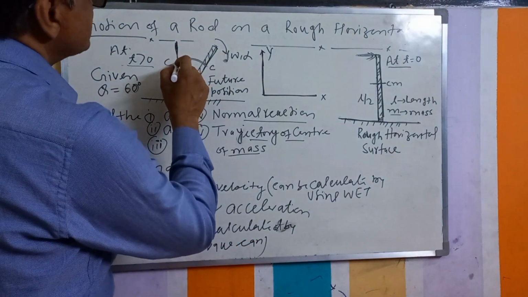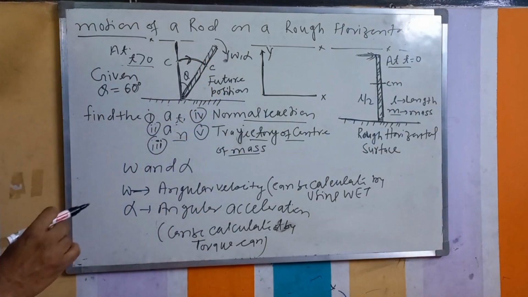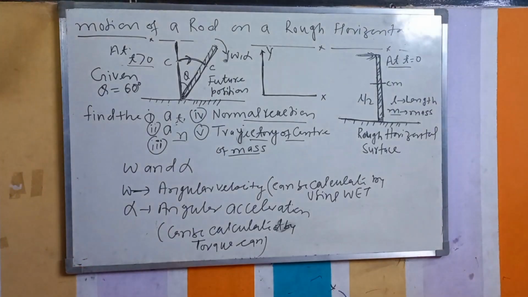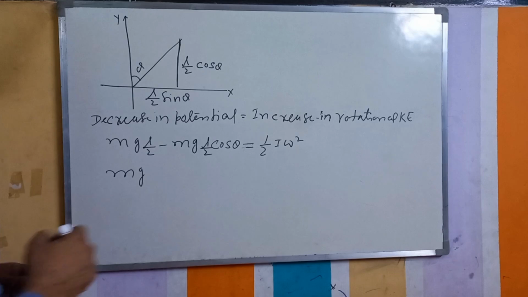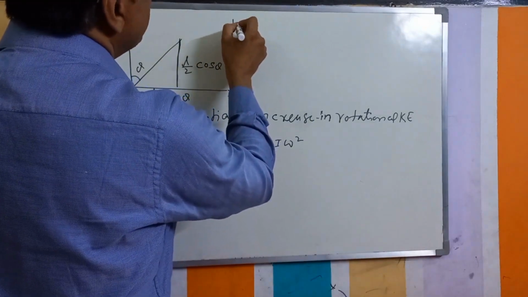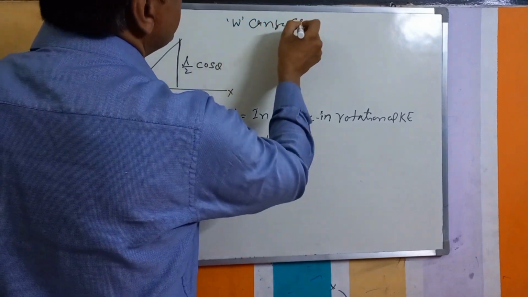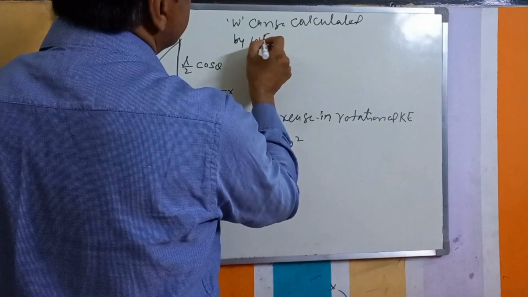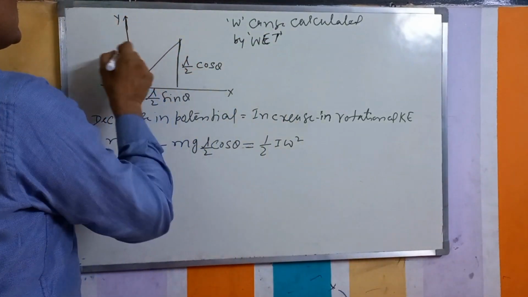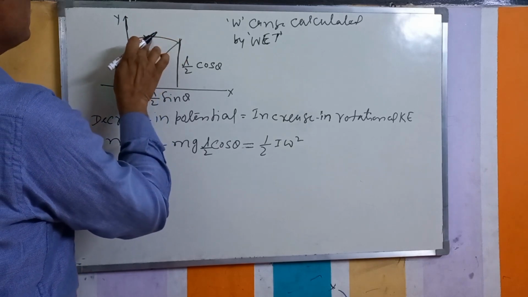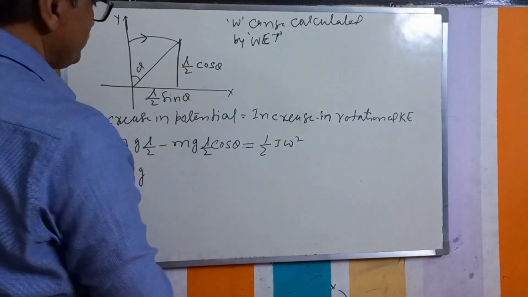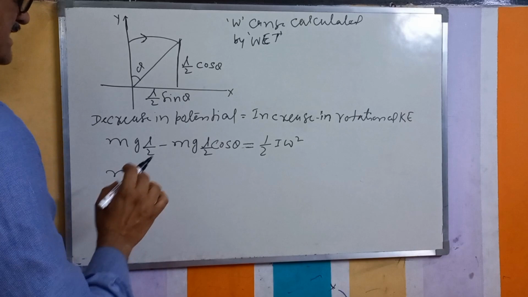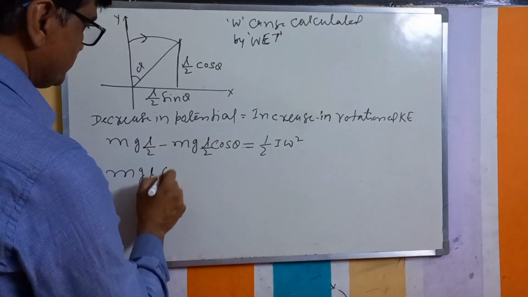As the center of mass loses its height, there is a loss in potential energy, and this loss in potential energy results in an increase in the kinetic energy of rotation. So omega can be calculated by using the work energy theorem. The center of mass loses some height, which means it loses some potential energy, and this results in the increase in rotational kinetic energy. So this will come out as mg L by 2 into 1 minus cos theta,